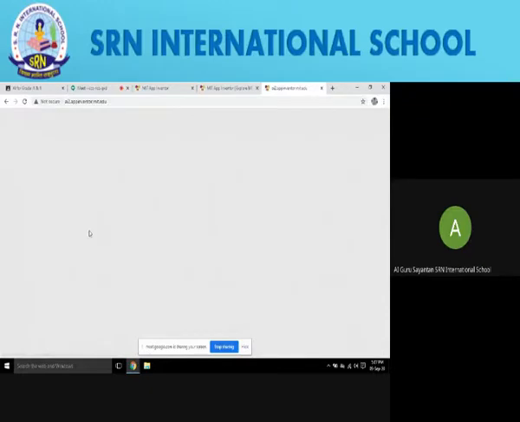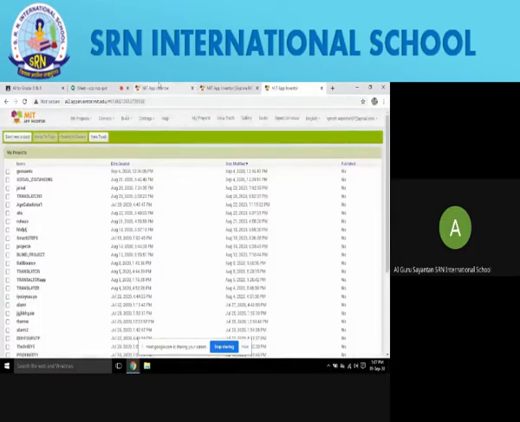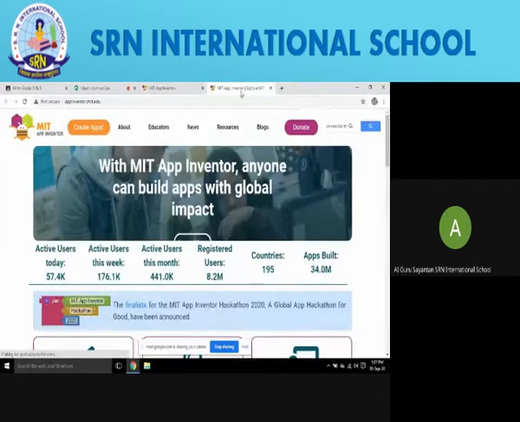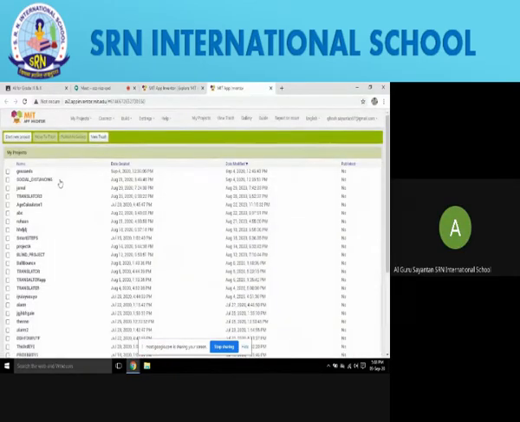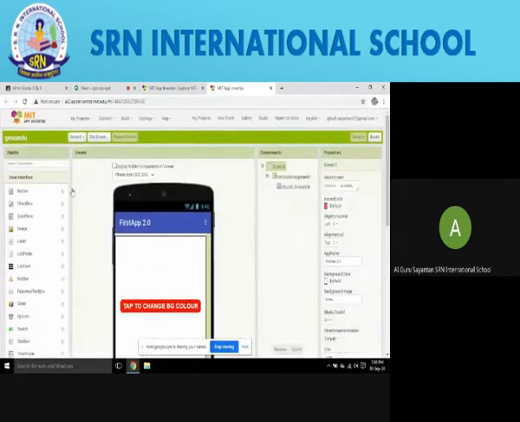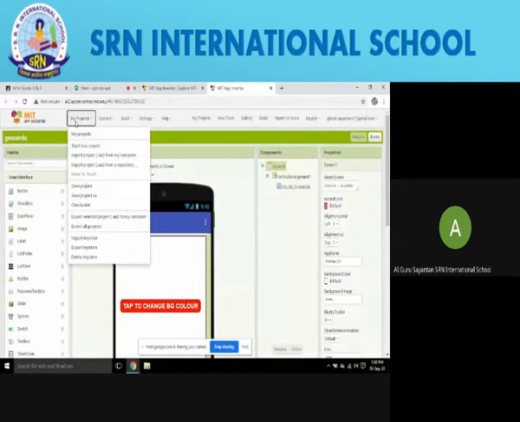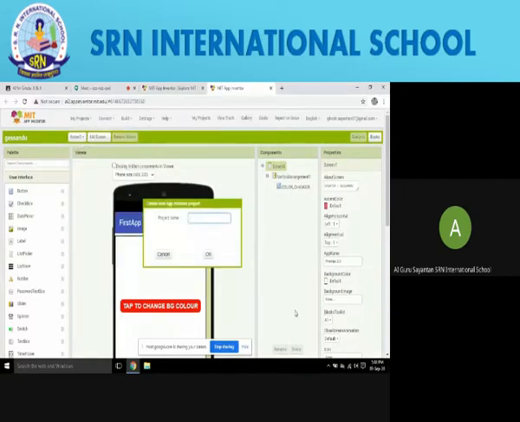So you will click on MIT App Inventor 2 and you will be taken to another page. Since I have already logged in, it took me to that page, but you will be taken to this page first. And here all of you can see the create apps button. So we will click on this create apps button and then you will need to do the signing in part, because I am already signed in. It's showing me this. So we will start with new project and here let's say give SRN.